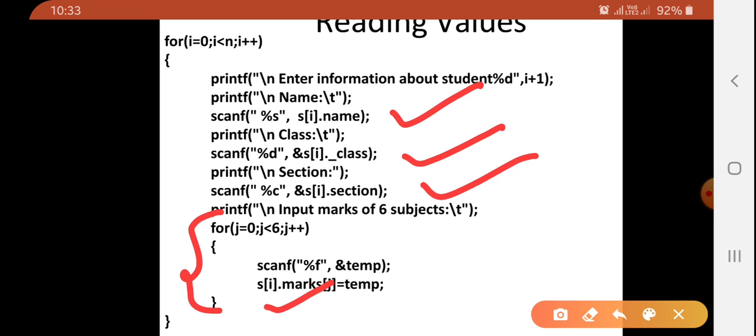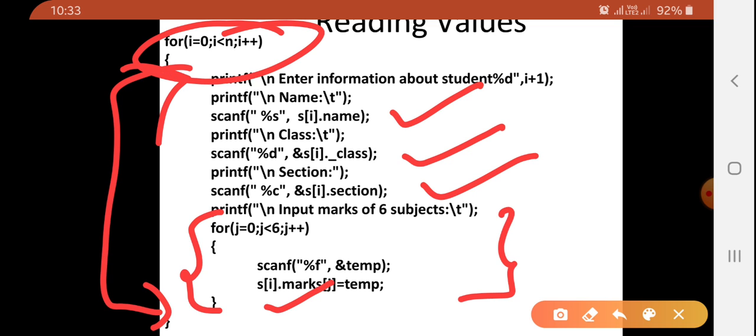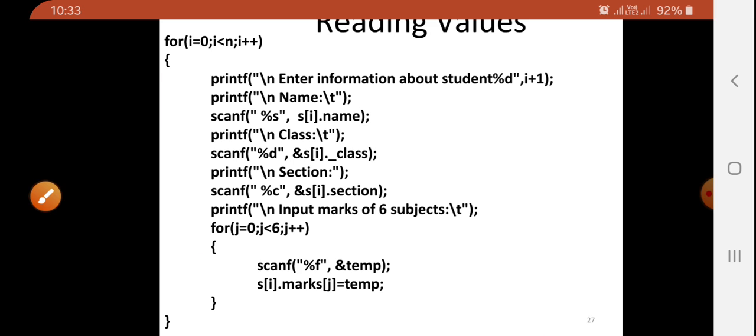This outer loop is for the array of structure, and the inner loop is for the marks array. So we can write a program with the help of an array of structure and an array within a structure. Thank you.